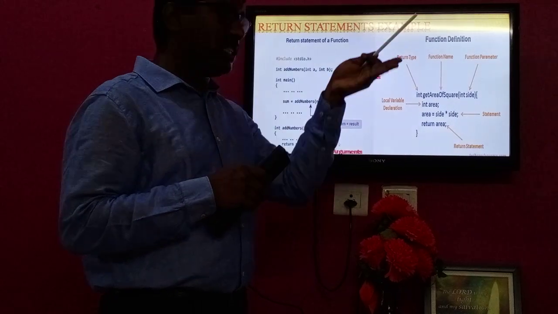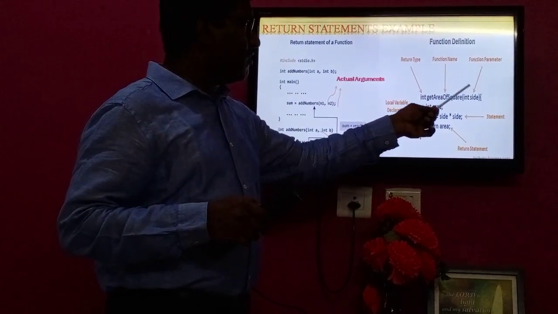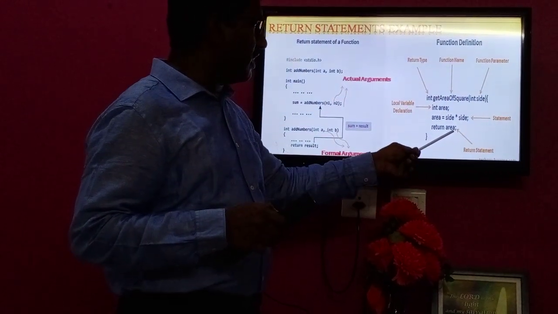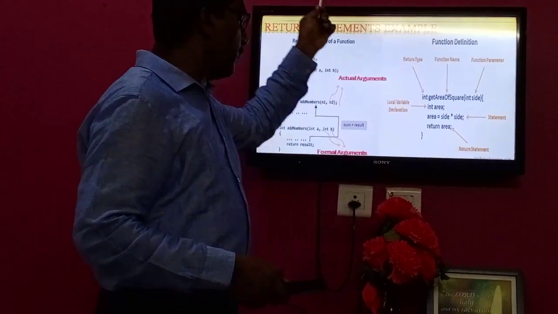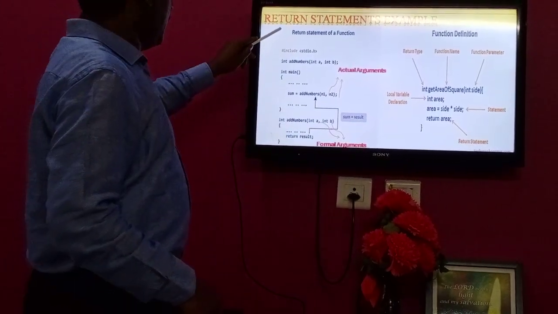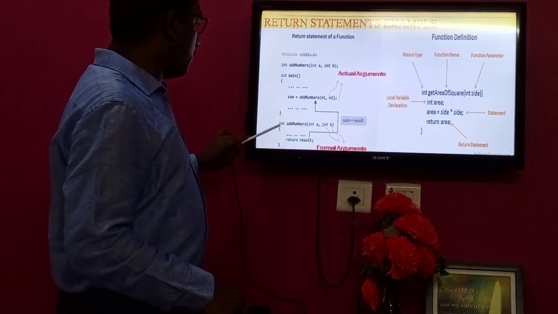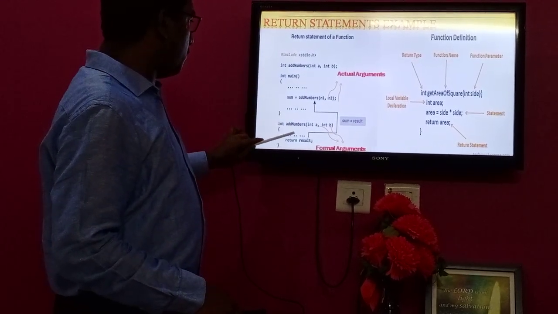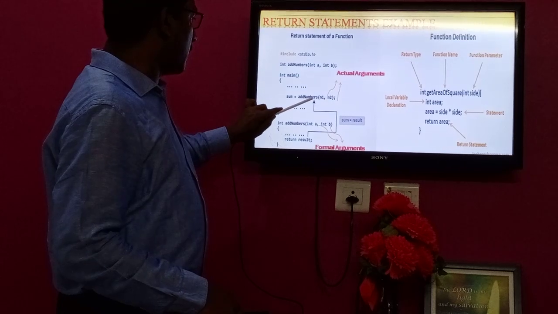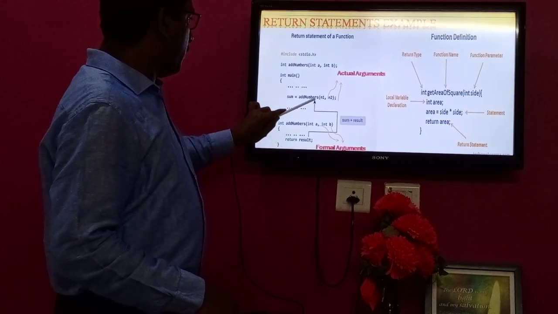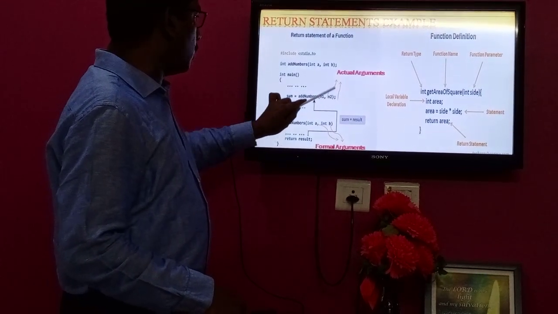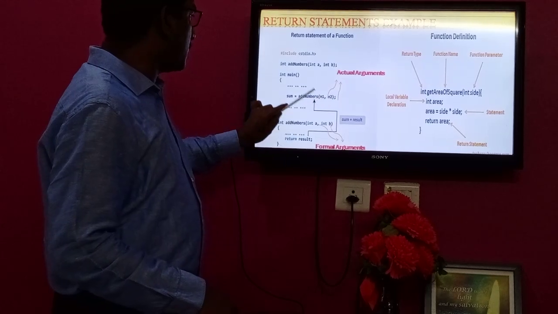In the calling function, if I call this particular function, it will perform the task and the result will be returned from the called function to the calling function. Now you see, two functions are there: the main function and the add numbers function. I want to add two numbers, so I am calling this particular function from main, passing n1 and n2. n1 and n2 are actual arguments because these are passed from main.